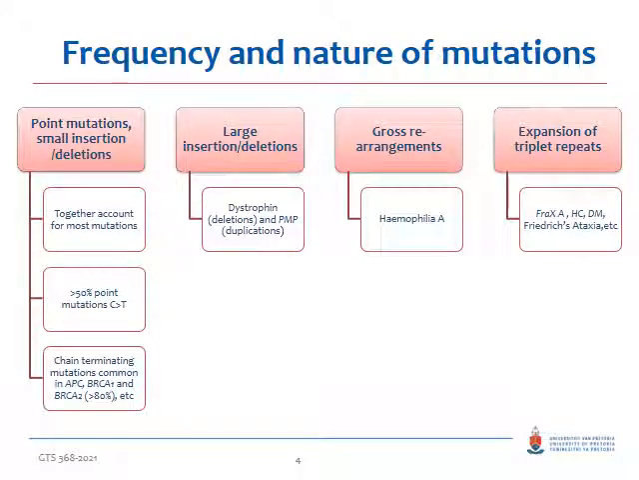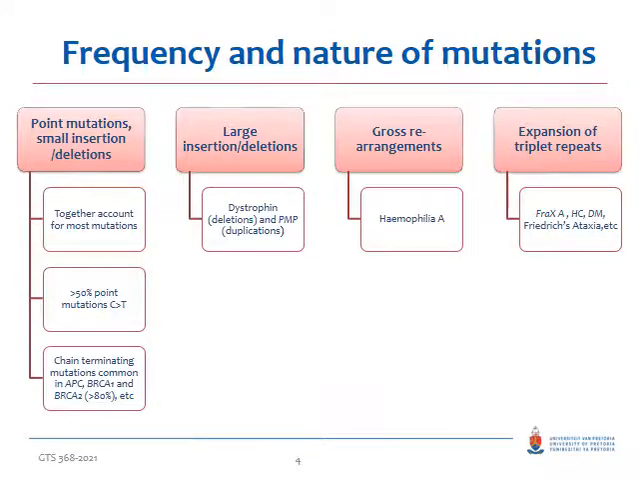Mutations include point mutations, with small insertions and deletions, large insertions and deletions, gross rearrangements, and triplet repeat expansions. The point mutations together account for most mutations, and in more than 50%, the mutation includes a base pair change from a C to a T. In a lot of these changes, it results in chain terminations, such as seen in the APC, BRCA1 and BRCA2